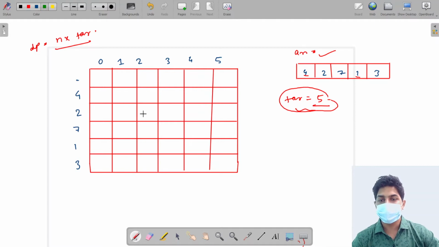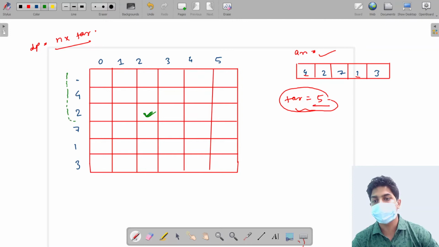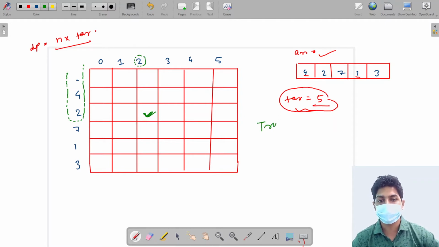Now at any location, what will I be storing? Suppose at this block, I will be storing whether there is a subset of elements among 4 and 2 whose sum is equal to 2. If yes, then I will write true, or if no, then I will write false. This is what we are going to store at any i comma j location.